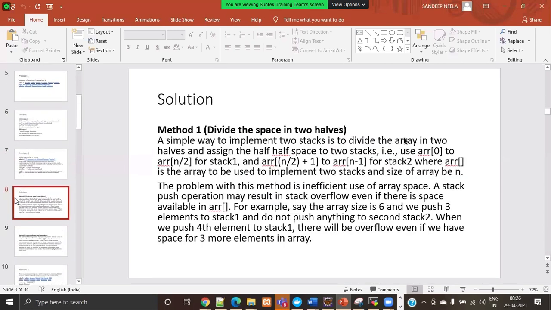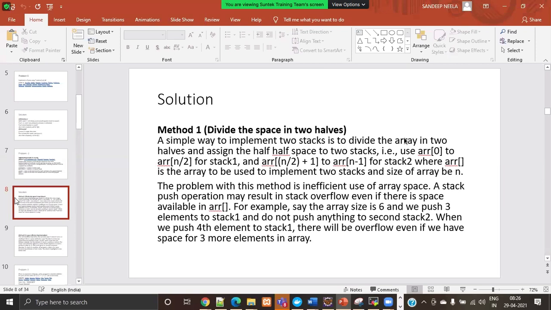Solution. A simple way to implement two stacks is to divide the array into two halves and assign the two halves to the two stacks: the first half to the first stack, array[0] to array[n/2], and array[n/2 + 1] to array[n-1] for the second stack, where the array is used to implement the two stacks and the size of the array is n.